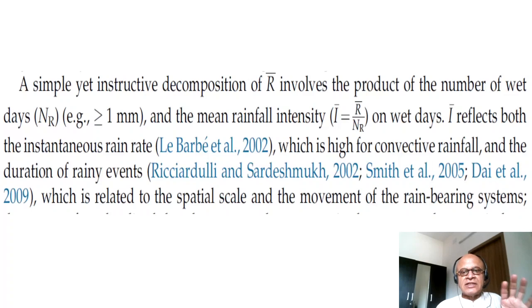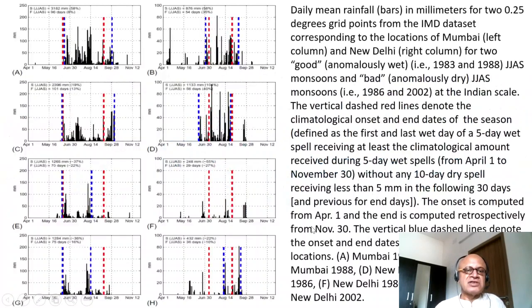So the other thing to notice here is that by nature the rainfall intensity is not as spatially coherent as the mean rainfall or the number of wet days. Okay, so regions that get good mean rainfall obviously have a large number of rainy days. So the decorrelation scale or the correlation scale or coherence, and various ways you can think of this, are much higher for R bar and NR than for I bar, which is the mean rainfall intensity. So this includes mesoscale convective systems and so on.